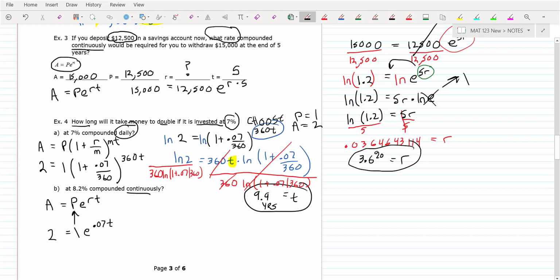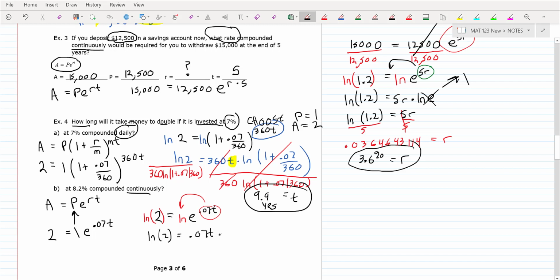Usually these kinds of problems look a little easier to students because the formula is easier. So what you get is 2 is equal to e to the 0.07t. The reason I like to use 1 is because now you don't need it anymore, because 1 times anything is itself. Now you take the natural log of both sides, and that allows you to bring that exponent down in front, like we've been doing. So you would get ln2 equals